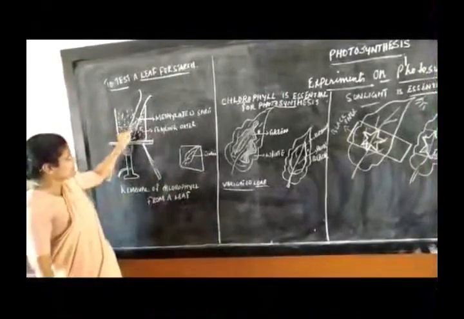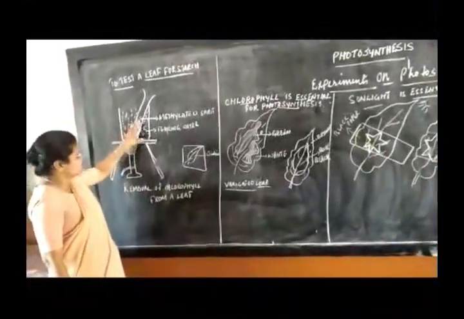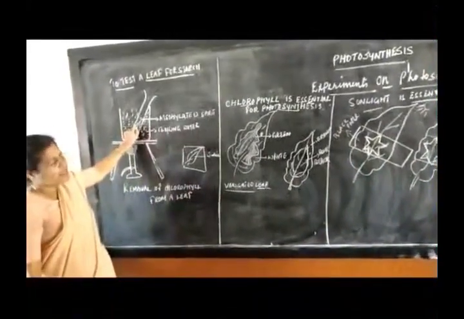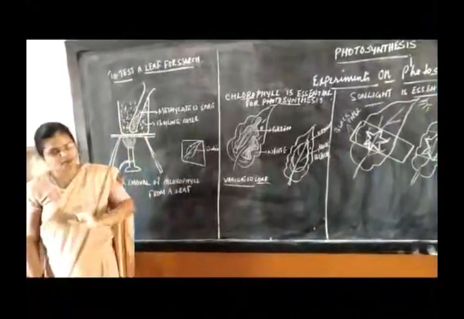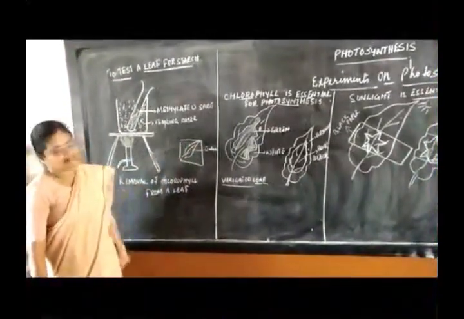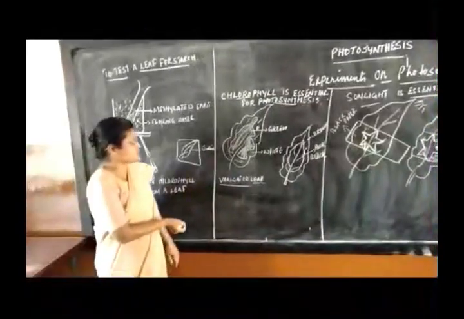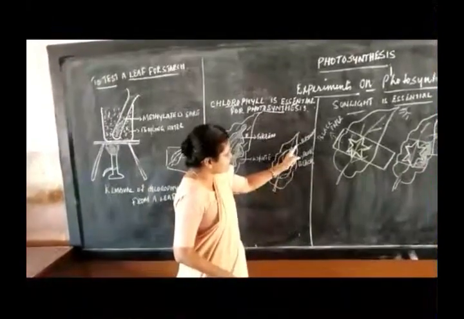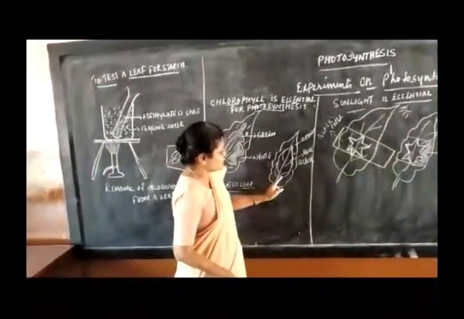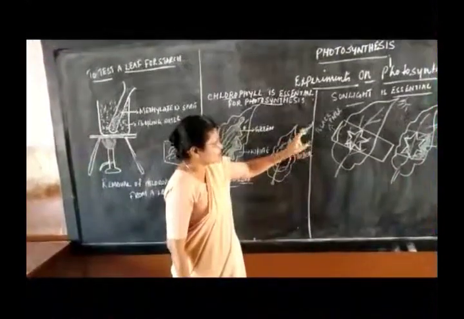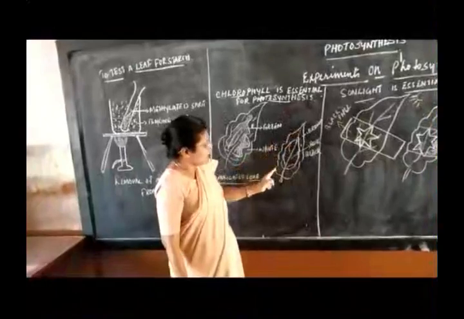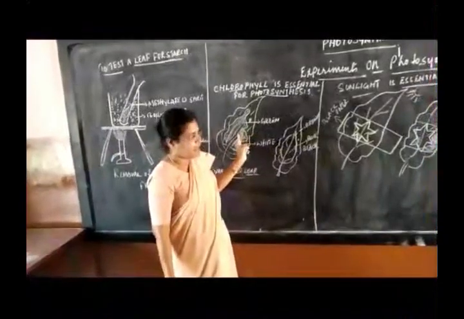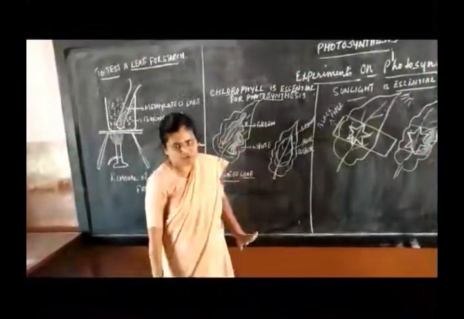Okay? And you are doing it in methylated spirit over a hot water bath because the methylated spirit is highly inflammable. And the third step, the leaf becomes hard and brittle, and you are dipping it again in the hot water to make it smooth and soft, and you are placing it on a tile and pouring iodine solution. Wherever there is green color, it turns blue-black. Wherever there is white, orange, red, or yellow color, it remains brown because the starch was not synthesized in other regions except in the green region, because the green region contains chlorophyll, and thus they prove chlorophyll is essential for photosynthesis.